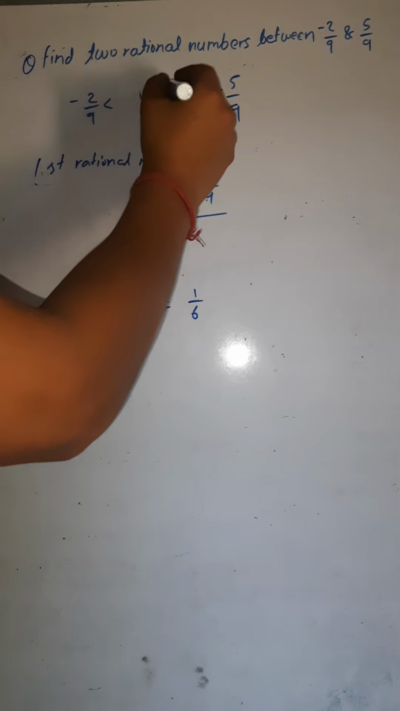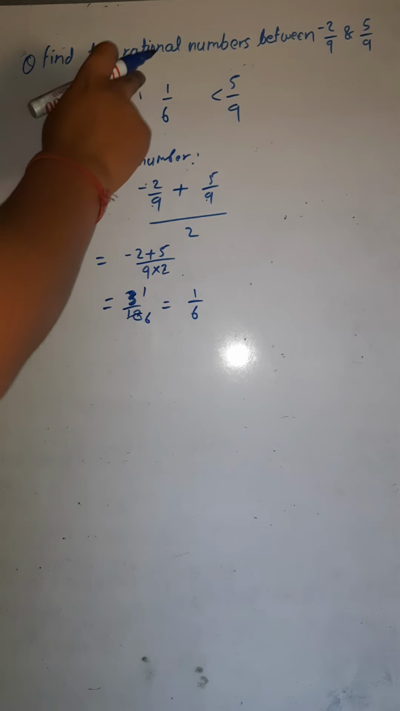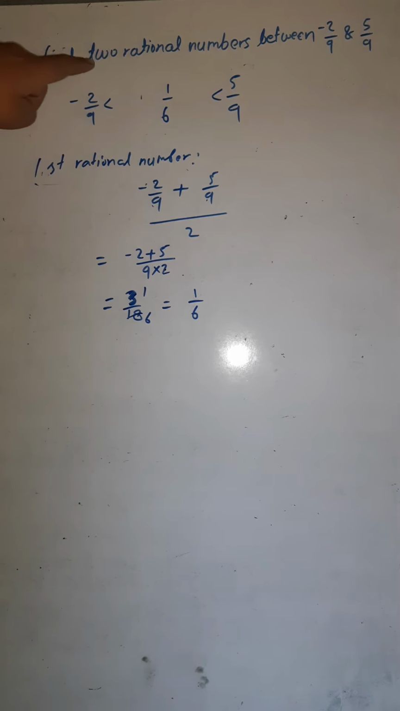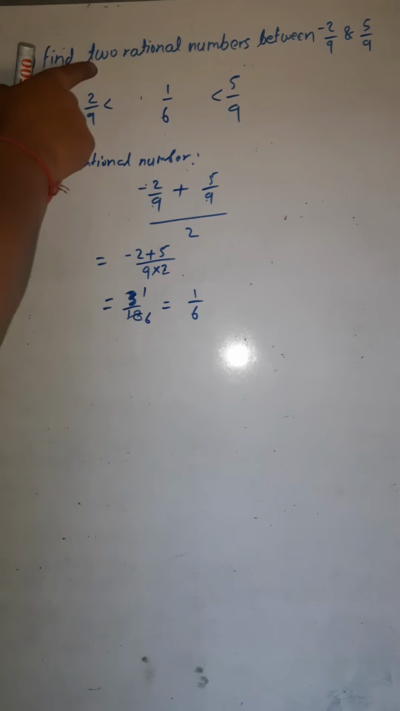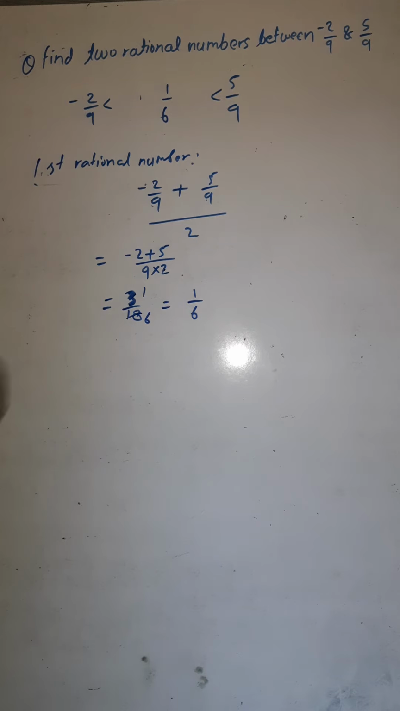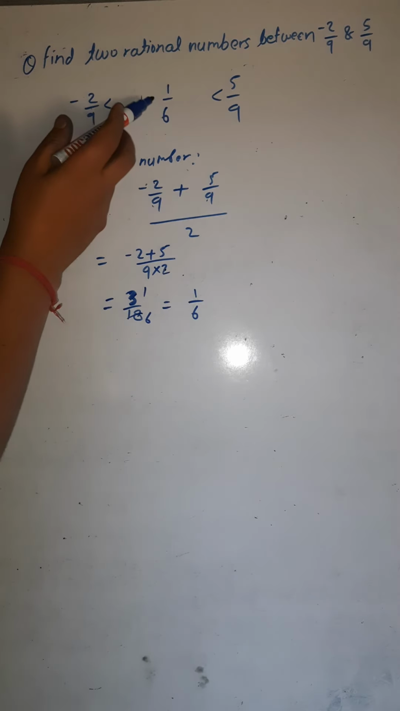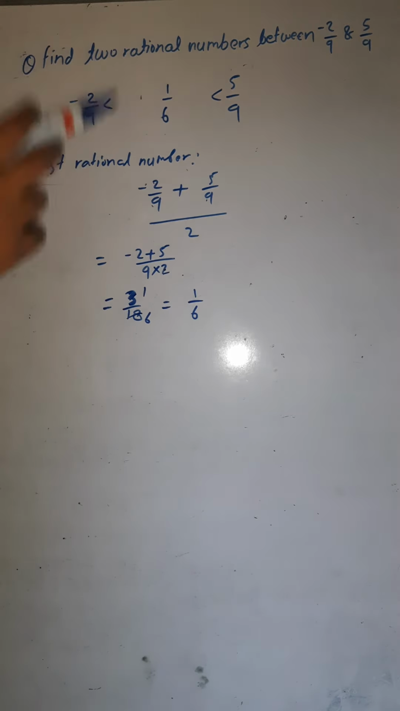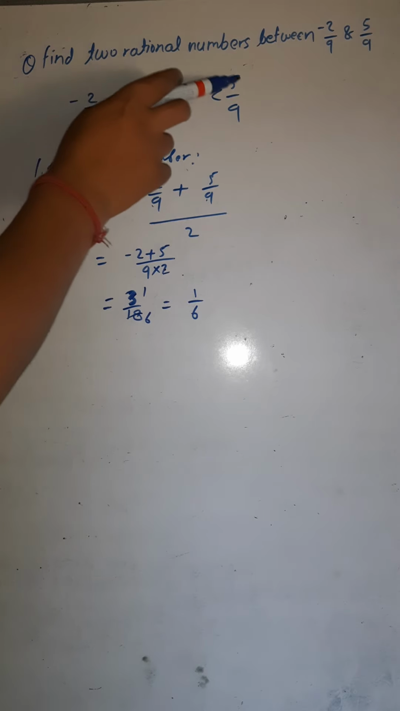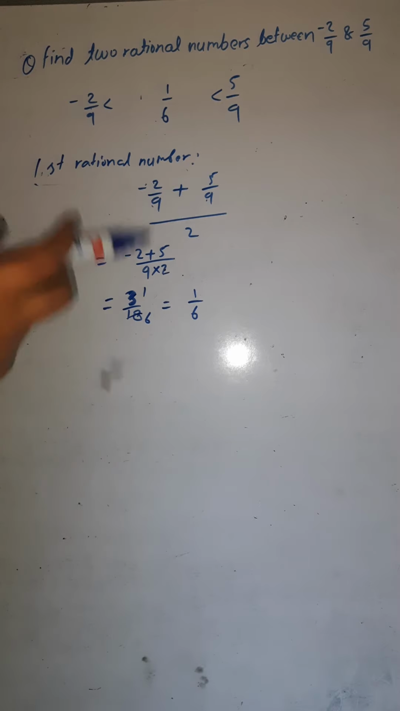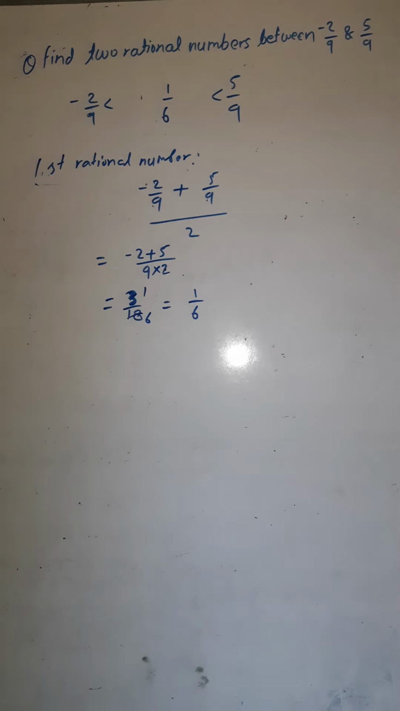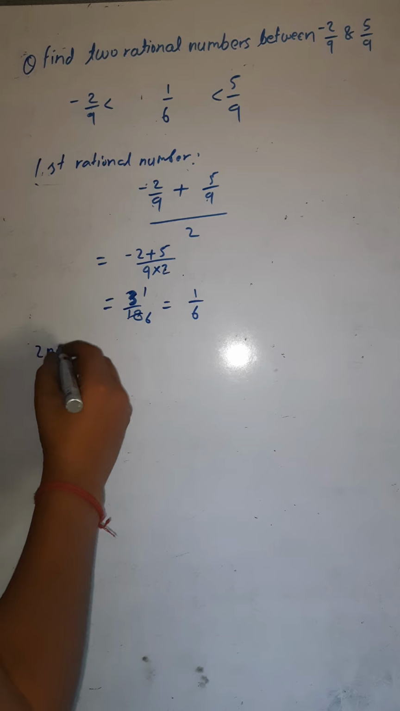So let's say somehow here I am writing 1 by 6. But I have to find two rational numbers. I have found one rational number. I need to find two. So how would I find the second rational number? To find the second rational number, I would take the mean of this and this. Earlier, I took the mean of this and this. This is the answer. Now to find the second rational number, I would take the mean of this and this. So here I am writing second